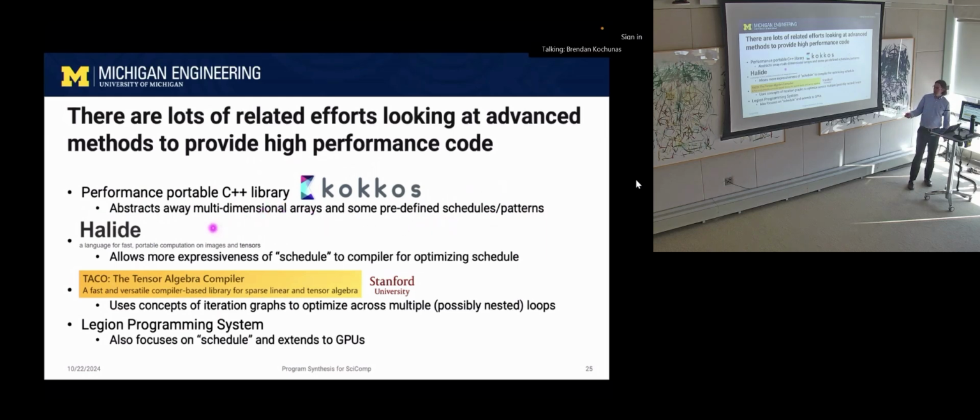Another one from MIT, Halide. Again, a language for fast portable computations on images and tensors, allowing more expressiveness of this concept of a schedule of what your... again, you think of that as like the order of operations of your calculation, for the compiler to do some additional optimizations on. Another one that I would say is rather popular is Taco, the tensor algebra compiler,